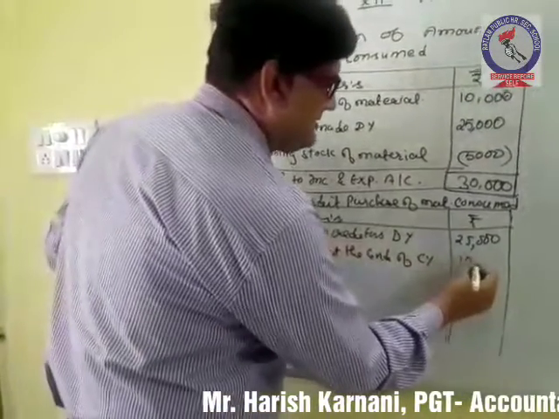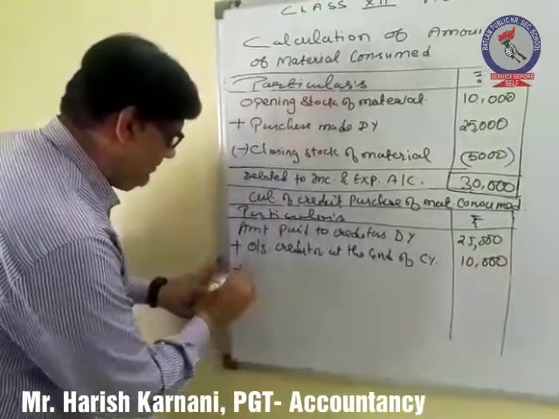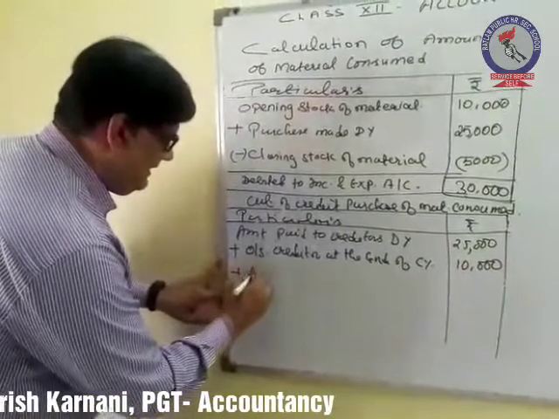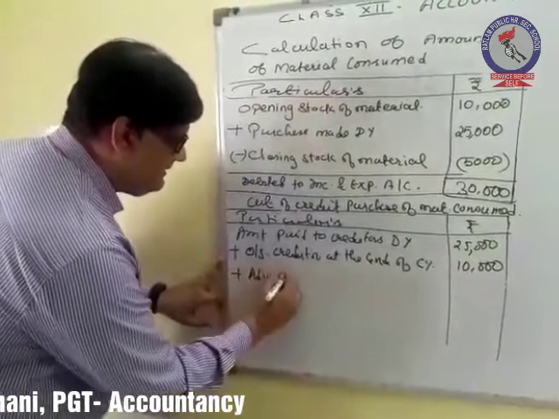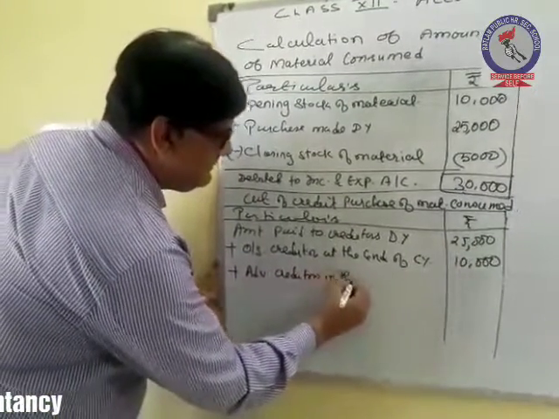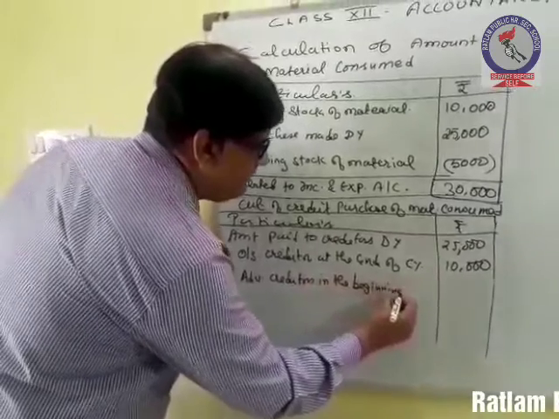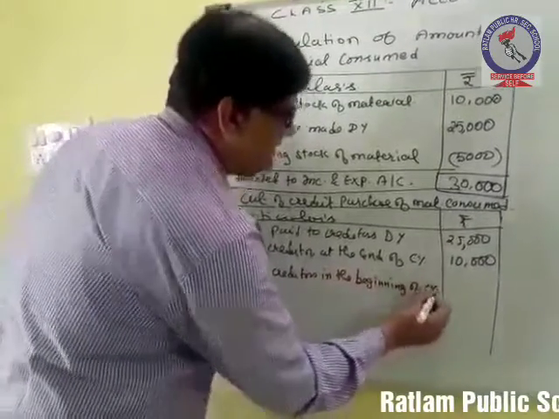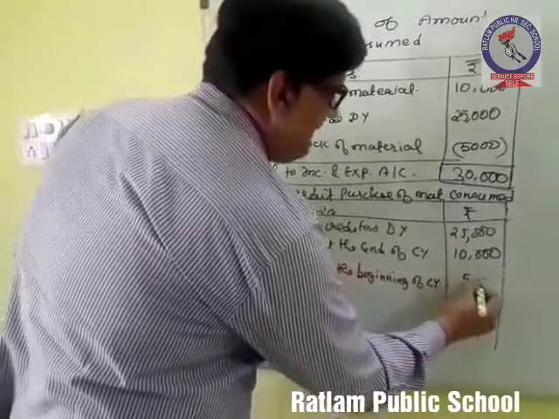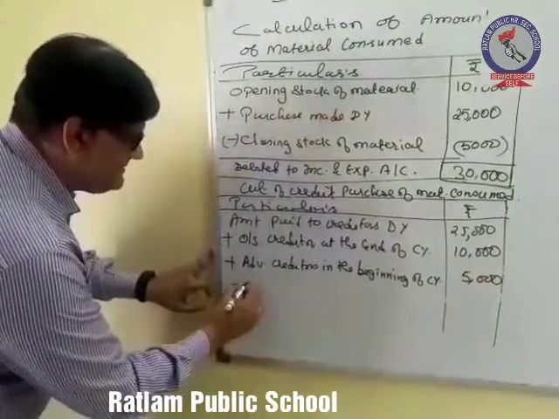Let's say it is 10,000, plus advance creditors in the beginning of the current year, it is 5,000, minus